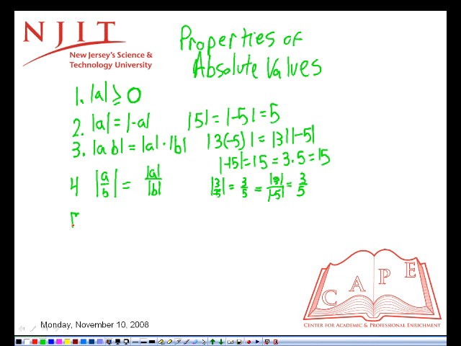The fifth property is related to the second. It says that the absolute value of the difference of two numbers is equal to the absolute value of the difference of those two numbers in reverse order. So for example, the absolute value of 7 minus 2 is equal to the absolute value of 5, which is equal to 5, and the absolute value of 2 minus 7 is equal to the absolute value of negative 5,